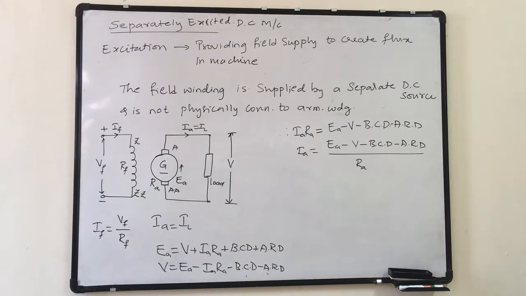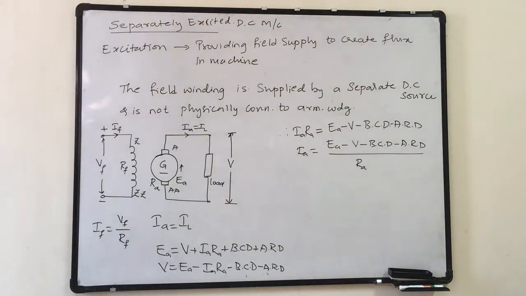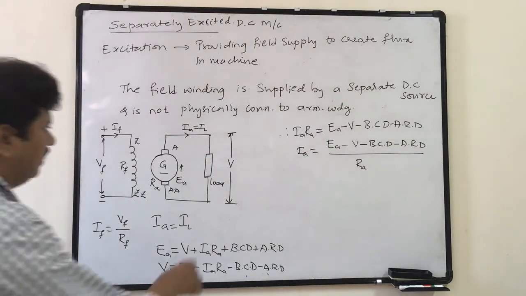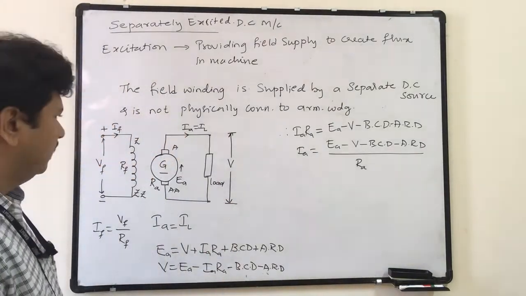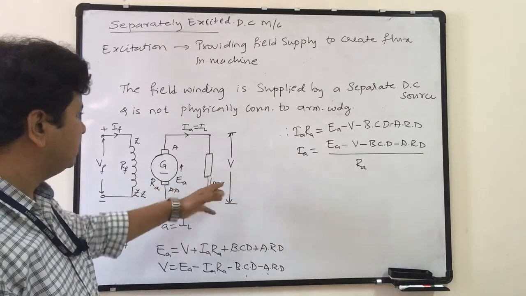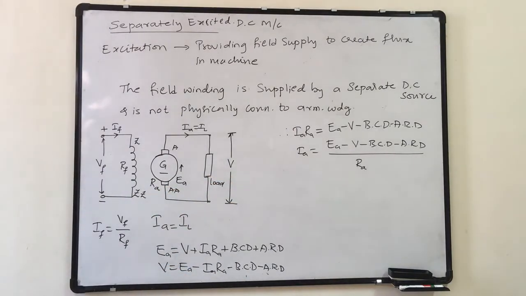Okay. That is equal to the current. So this is about the separately excited DC machine. And what is the value of voltage V? The value of voltage V is nothing but EA minus this value,